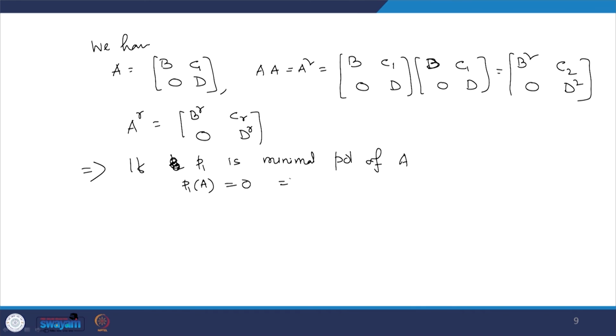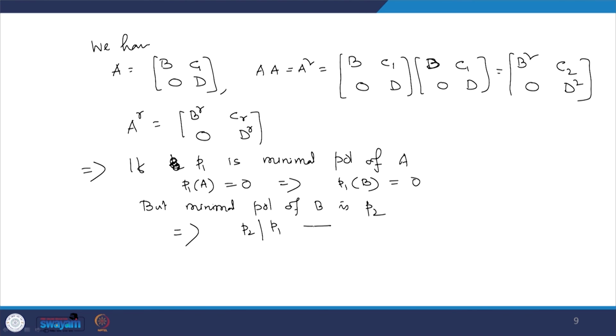So, this implies P 1 of B also will be equal to 0, but the minimal polynomial of B is given by P 2. That is the least degree monic polynomial which annihilates B. So, this implies P 2 must divide P 1. That is, the minimal polynomial of B must divide the minimal polynomial of